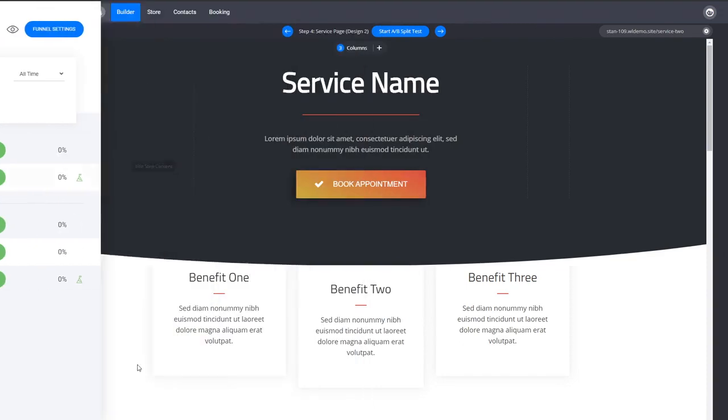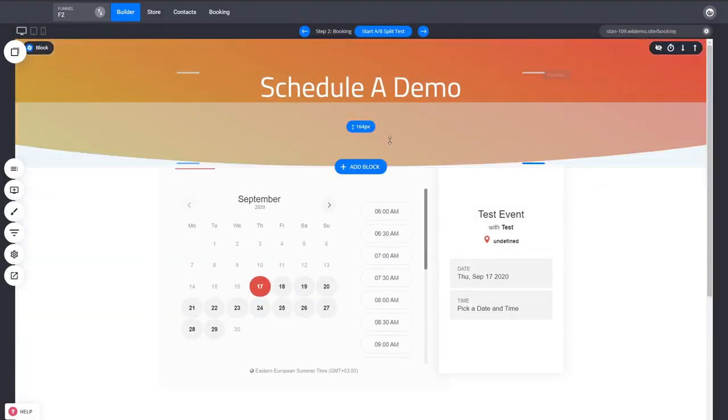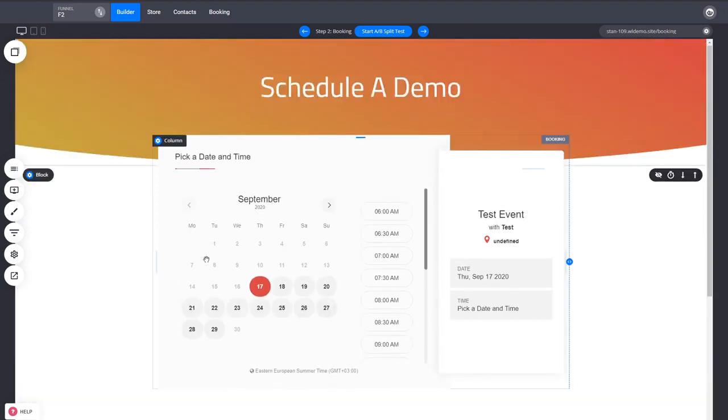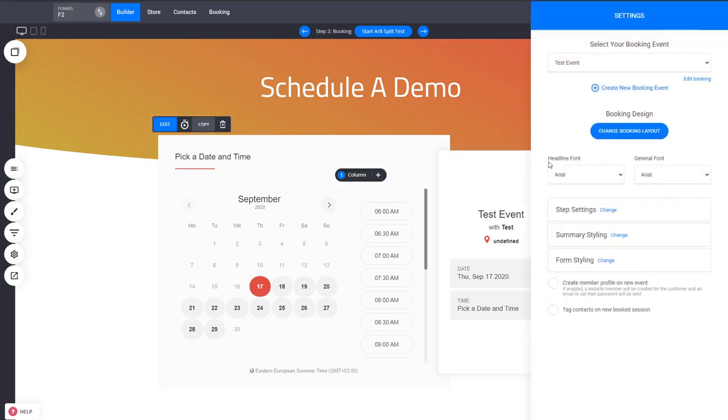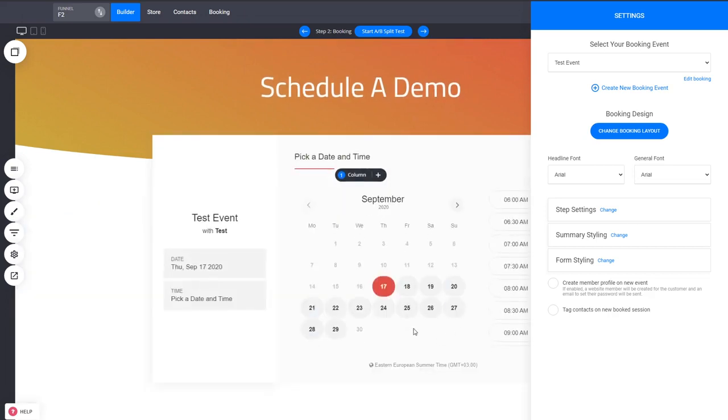So let's go to the booking, the actual appointment section. And here we have just a headline, the footer, and the actual booking widget. This is where people are going to be scheduling an appointment. This is a widget that you can start editing by just double clicking, and you can see what kind of information you have inside. So you can do the styling, you can tag users, etc. And change the layout, of course. If you want it to look in a different format, maybe something like that, you can just play around